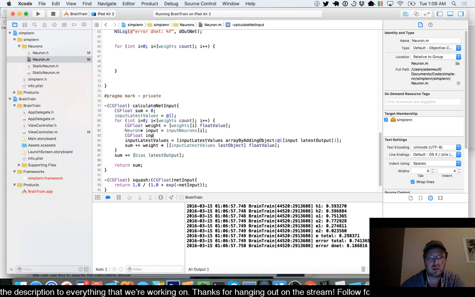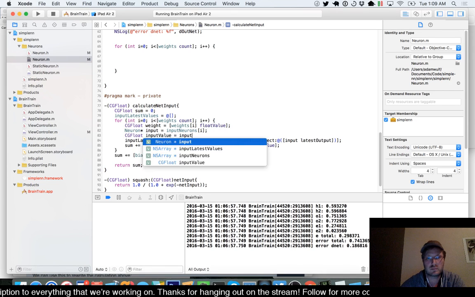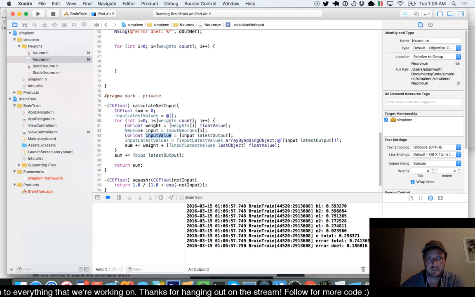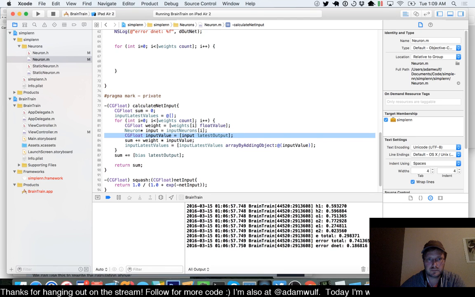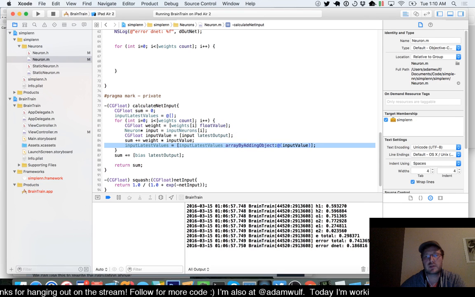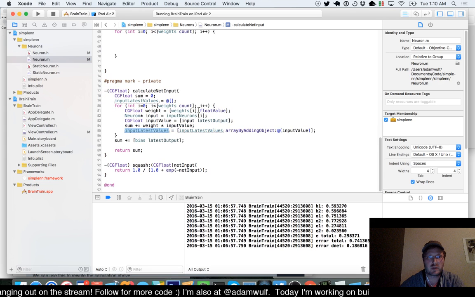This is going to be input value. I'll call it input output. I mean, but that's even more embarrassing. And so now this guy right here has, yeah, an array of all of the inputs that we ever got,